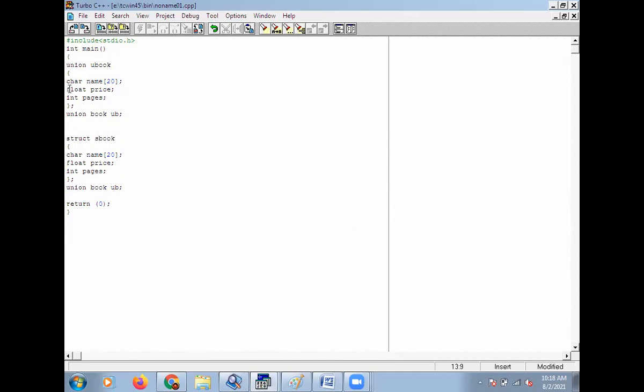Same data: character name 20, float price, integer pages. Here instead of union write struct, and instead of ub here sb.